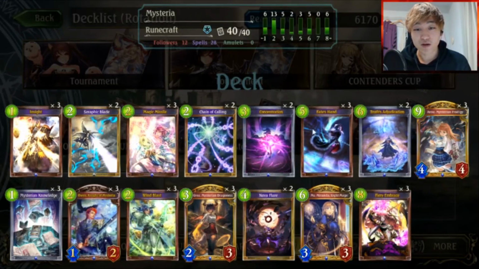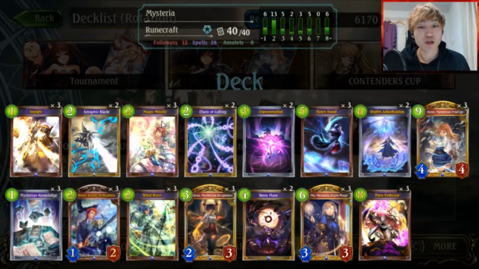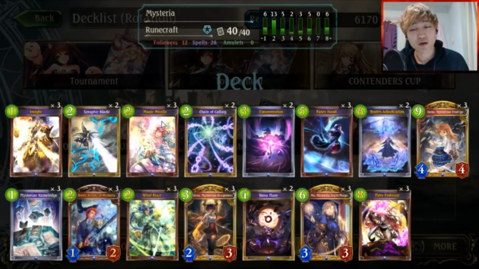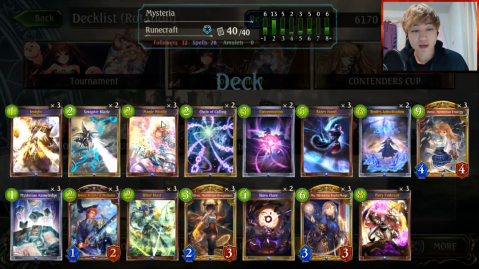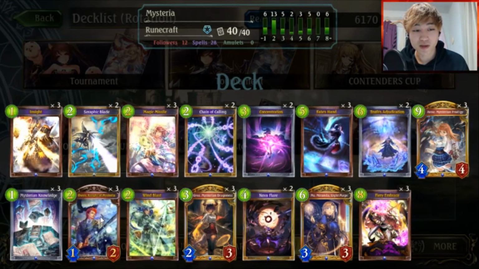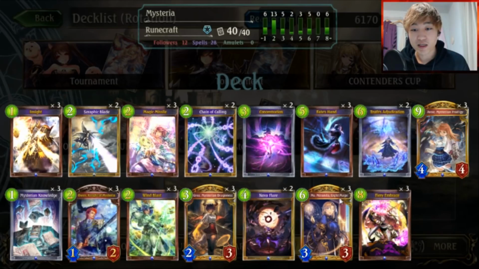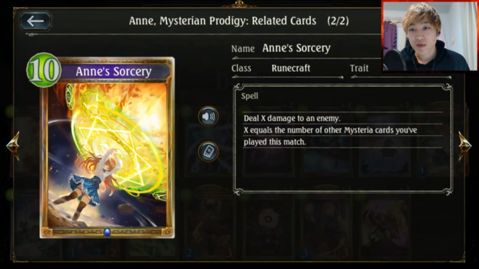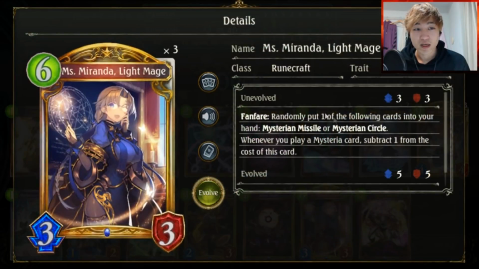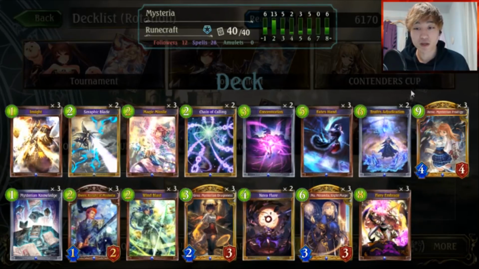This is Mysteria, and it also has kind of a spell boost theme to it, so it's kind of like a hybrid. You could go more spell boost into the Giant Chimera, or you could go more heavily into the Mysteria, but this is kind of half and half. So we have the core Mysteria cards such as Owen, your main win condition, Annie to get your Annie Sorcery as your endgame finisher, and Miss Miranda is also a very powerful Mysteria card. However, this deck also has kind of an alternate win condition with cards like Truth